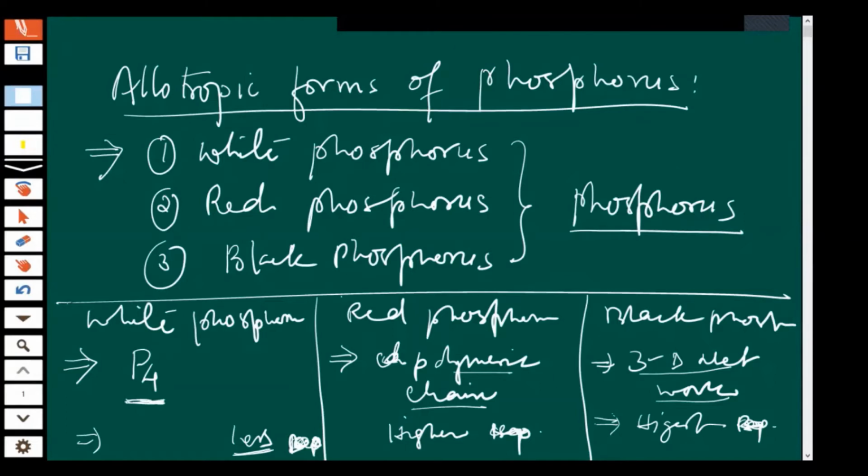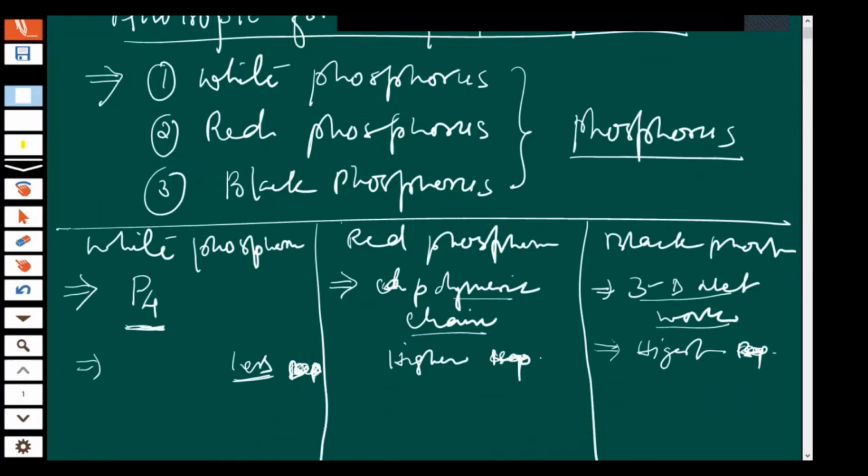Children, today we'll discuss allotropic forms of phosphorus. Allotropic forms of phosphorus means they'll be having different physical look. Though they are same element, they will be having different physical look, different physical properties. Okay, so this phenomenon is known as